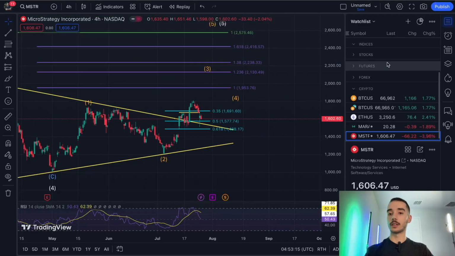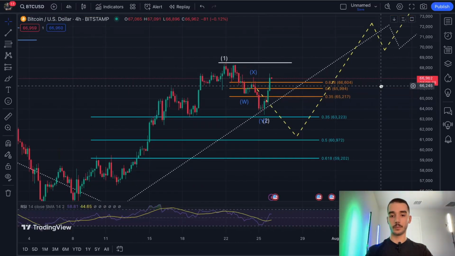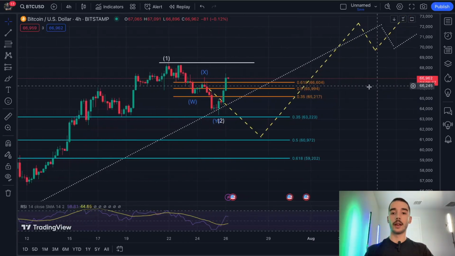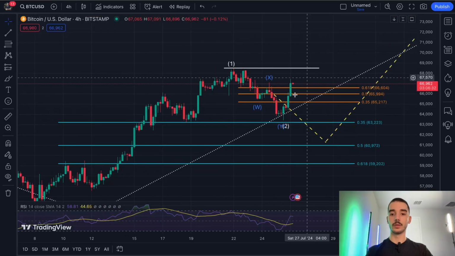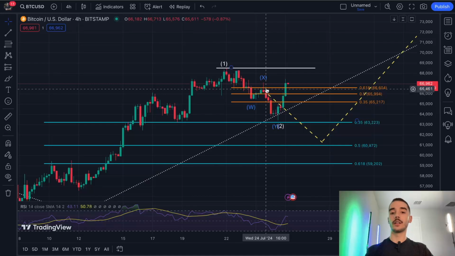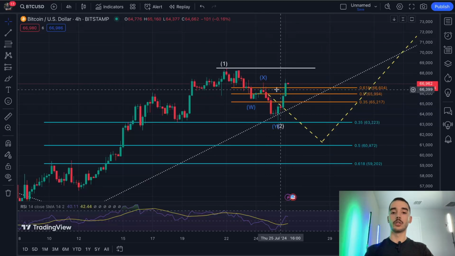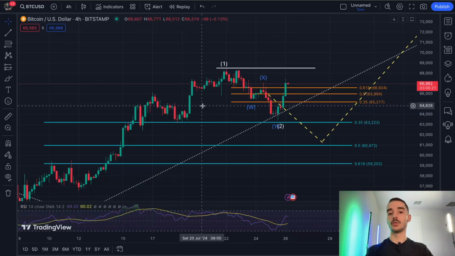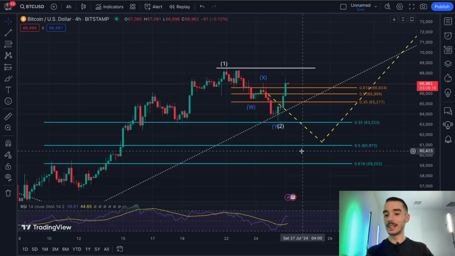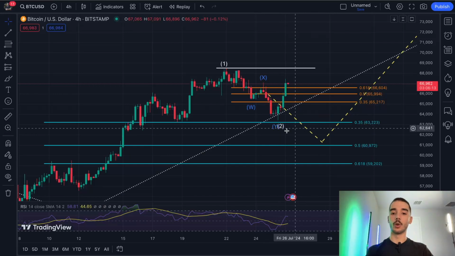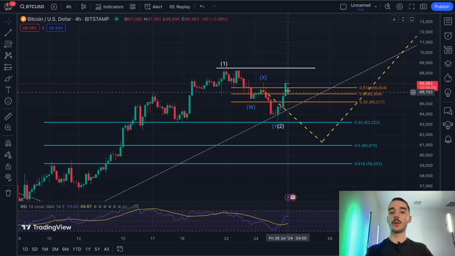A little bit of context, if you look at Bitcoin, I also covered Bitcoin on social media and Discord, and something happened recently. When I updated you guys, we were somewhere down here. We still haven't broken into the orange area. This orange area represents my retracement zone for the first wave. Ideally, I wanted to see a second wave complete in the blue area, but since we moved on higher into this orange area and broke past it,